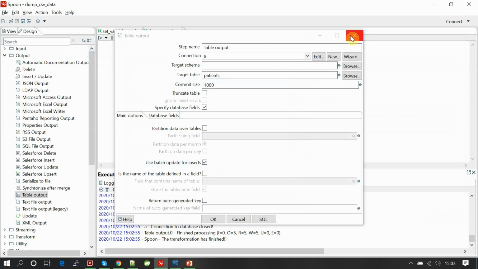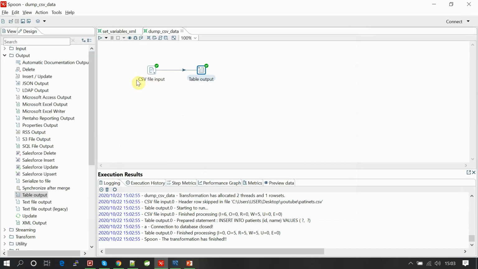Let's say I have 100 transformations in my ETL. If someday my database gets changed, maybe the username, in that case I need to edit all those 100 transformations and update the new values, maybe the DB name, username, password.